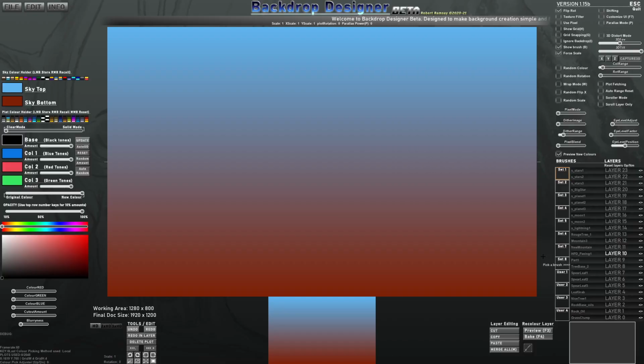So, what is Backdrop Designer? You ask yourself. You come on here thinking, what is this weird gradient? Why don't I have access to start a file or open a file like I would in Photoshop? The reason being, this isn't Photoshop. This is different. This is to do with backgrounds, and it's already preset a pretty standard size for you to